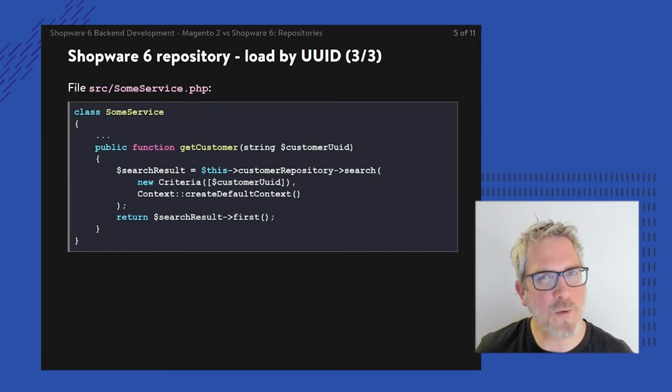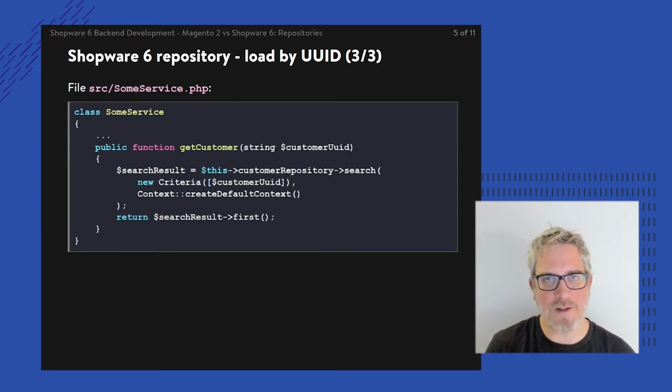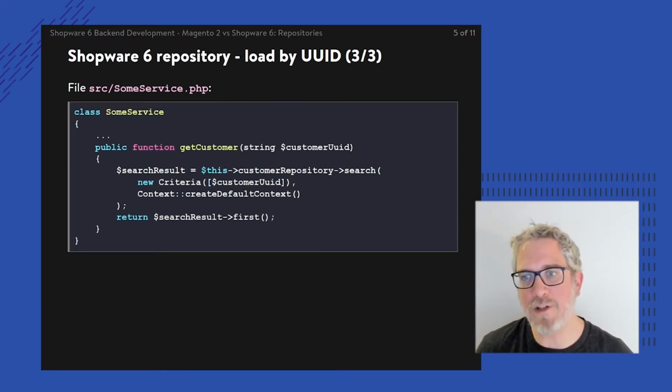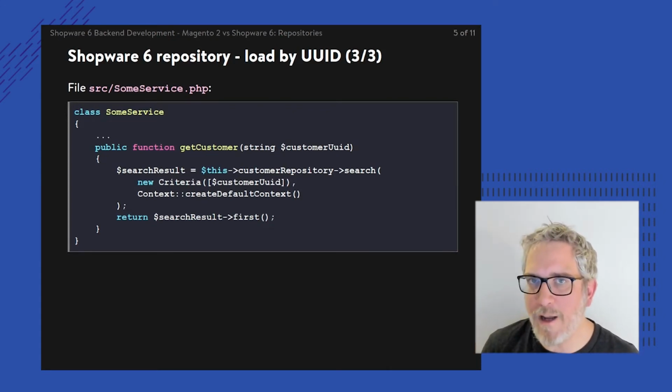So even though UUIDs are supposed to be unique, the PHP code is suggesting that theoretically there's still the chance of getting multiple records back, and then we actually use this first method to return that first customer object. It's a lot of work to do something simple, and it almost makes me say that Shopware is more complex than Magento.